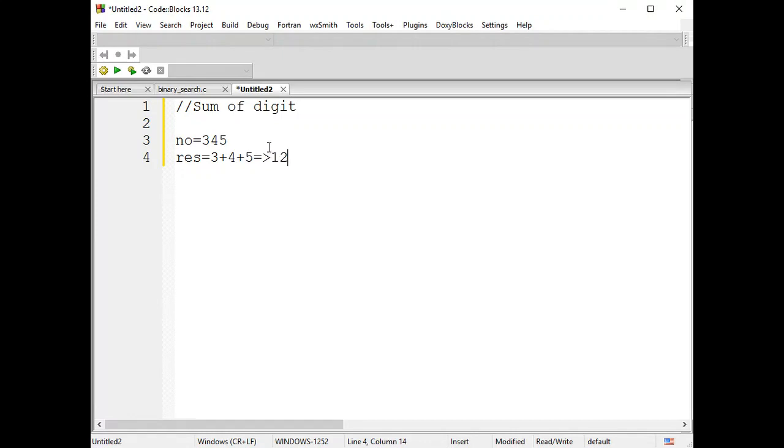Is that clear? Will you all try it by using recursion, guys? This program by using recursion. Okay, try it out. You can take 5 minutes of your time. You can try it out soon.